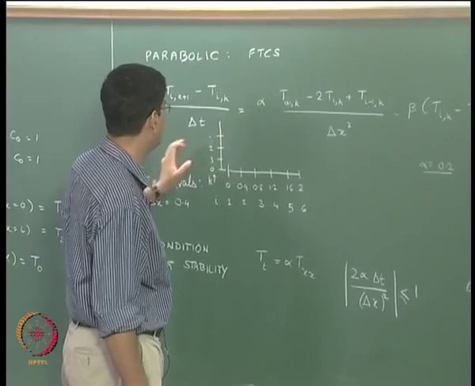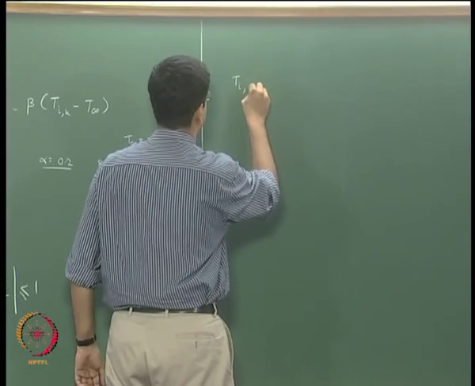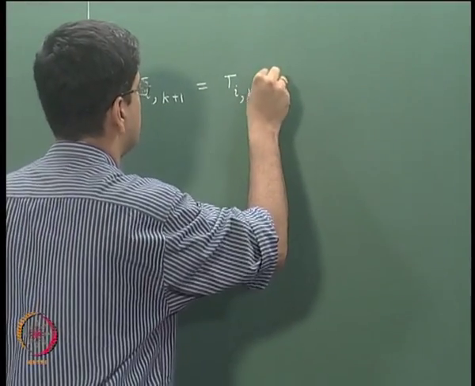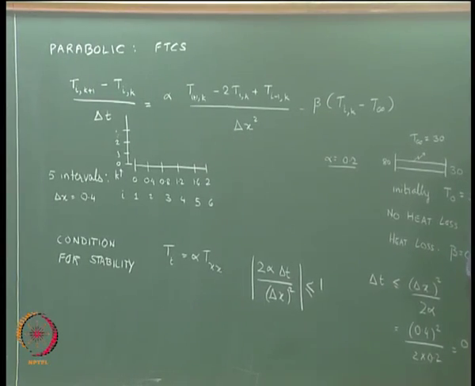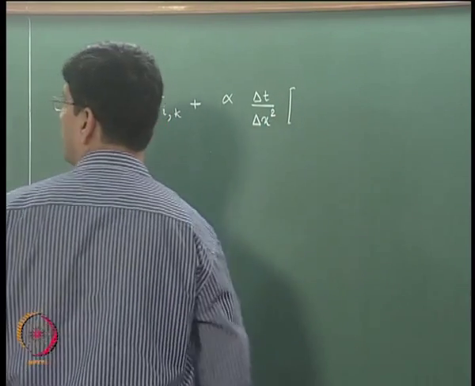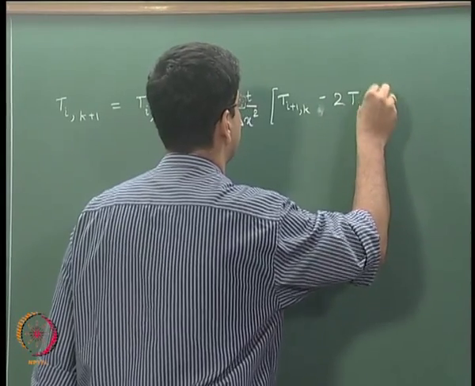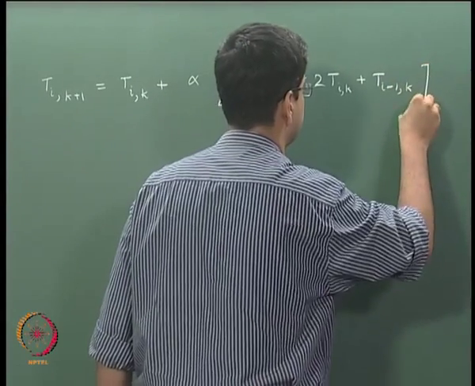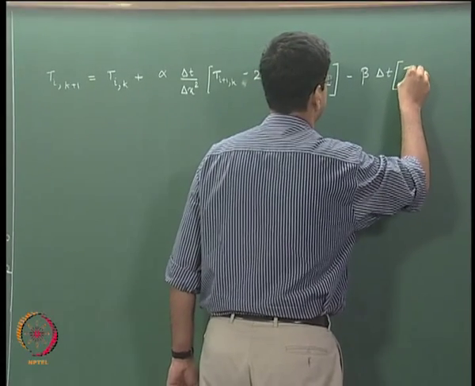I will first multiply it by delta t, take this onto the right hand side and rewrite that equation, and we will get Ti comma k plus 1 equal to Ti comma k plus alpha delta t by delta x squared multiplied by Ti plus 1 comma k minus 2 Ti comma k plus Ti minus 1 comma k minus beta delta t multiplied by Ti comma k